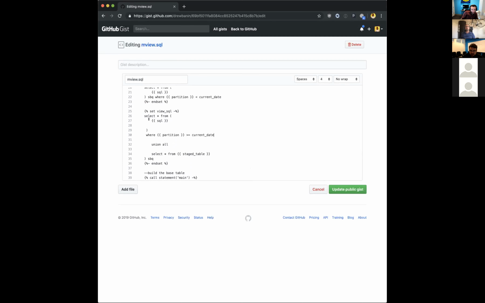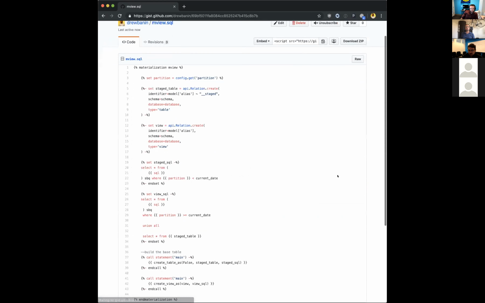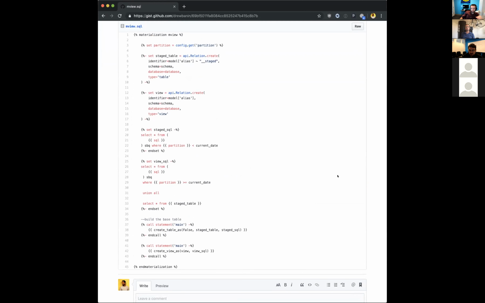Here is the model select statement in SQL. So select star from that thing where the partition column is greater than or equal to the current date, and then union that with our stage table. Let me get rid of this. Oops. And in fact, I think you might need SBQ here, but that's just like the Postgres. Okay, great. So something approximately like this is going to make it so that you can just write a model